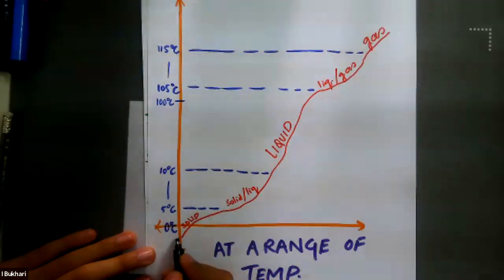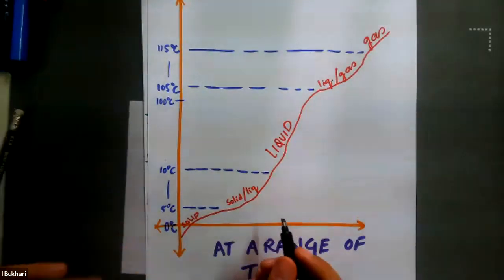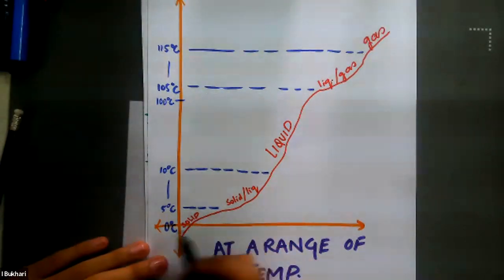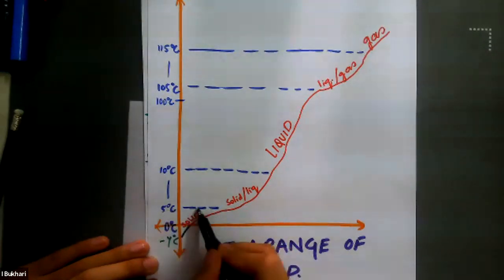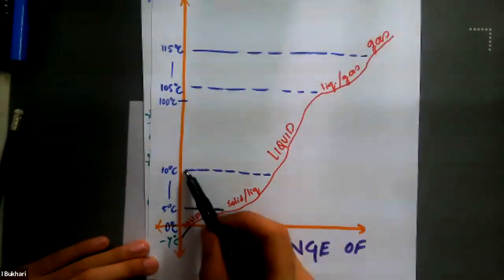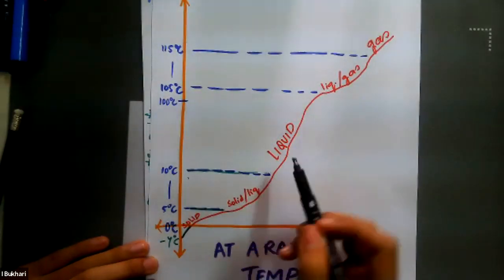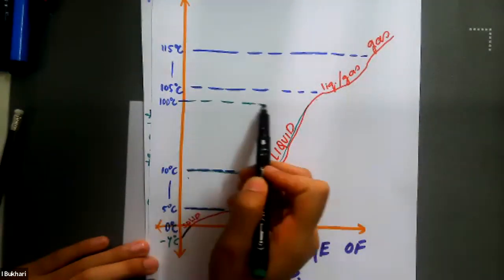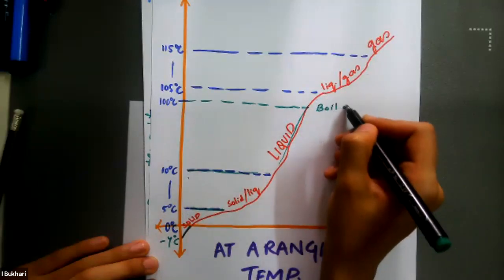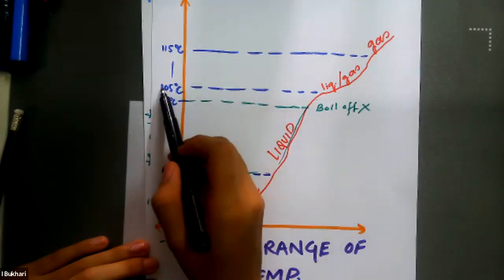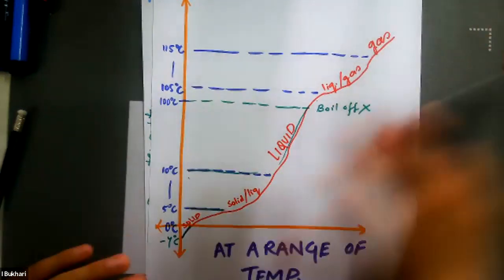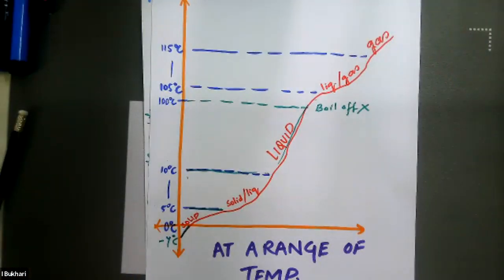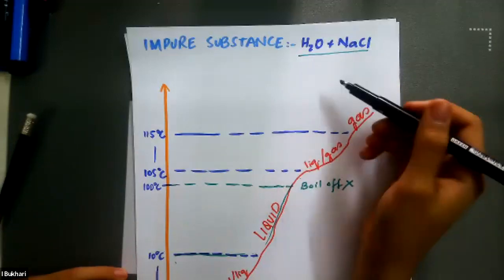So let's say that we start heating this saline water, and we're starting at minus like 4 degrees Celsius, and you can see it doesn't start melting at 0. At like 5 it starts melting, and then it goes on, and when it has completed its melting at 10 degrees Celsius, this is when it's in the liquid phase. Then this is 100 degrees Celsius, so it was supposed to boil off over here, but it didn't. So it started its boiling at 105 degrees Celsius, and it finished at 115 degrees Celsius, and now it's gas. So this happens at a range of temperature. And why this happens is because, if you keep this example in mind, as it'll start boiling, it will obviously be